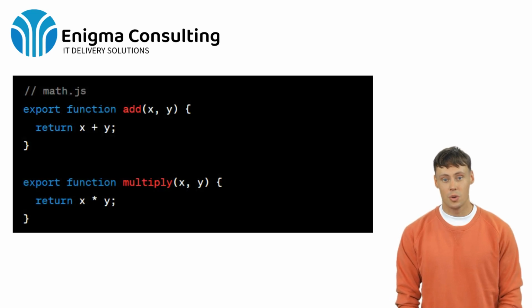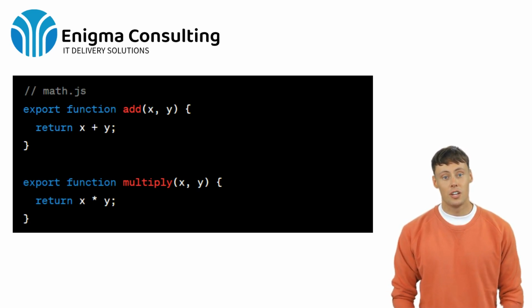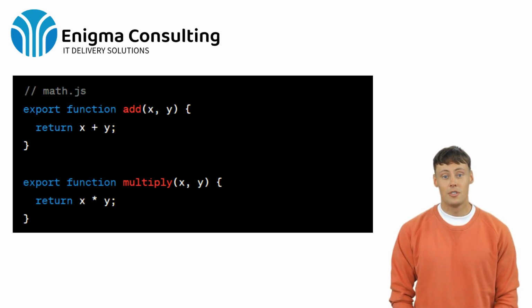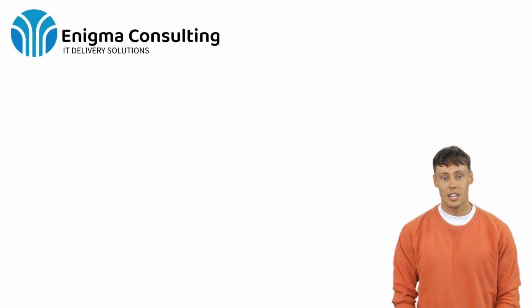Before you can use a module in another part of your code, you must first export it. You can export functions, objects, values, or anything else you want to make available outside of the module. In this code snippet, we're defining two functions, add and multiply, and exporting them from the module. This makes them available to be imported elsewhere. Exporting modules makes it possible to share code across different parts of your application, promoting reusability and clean separation of